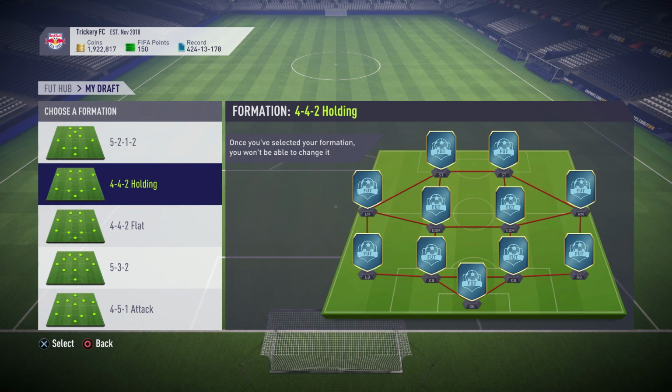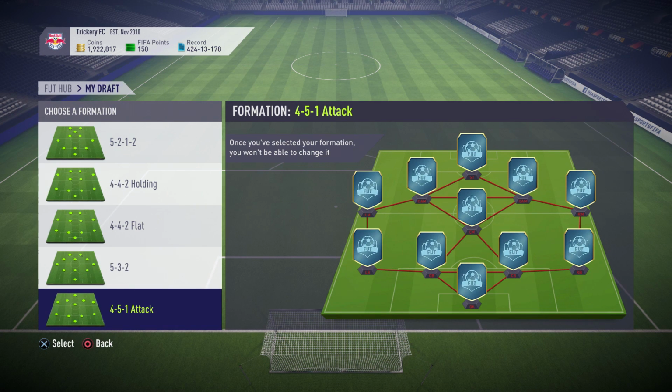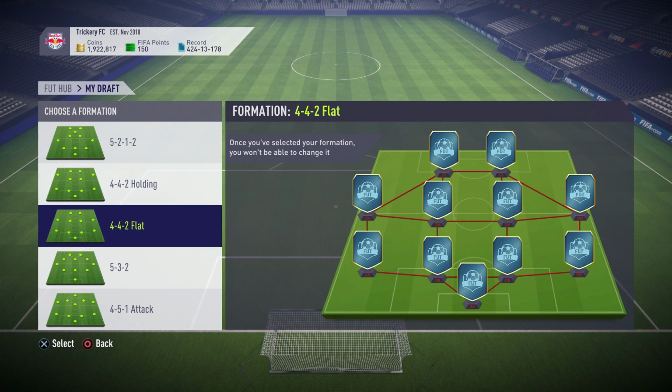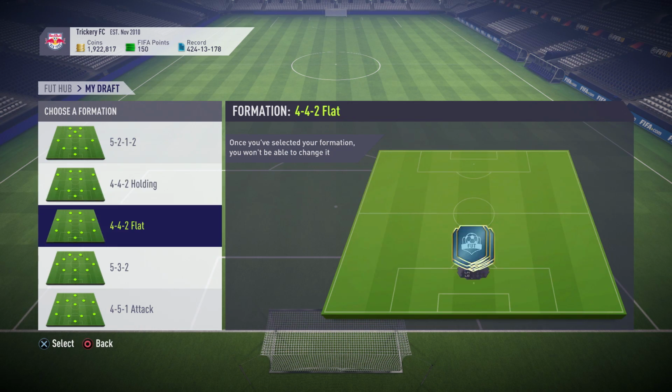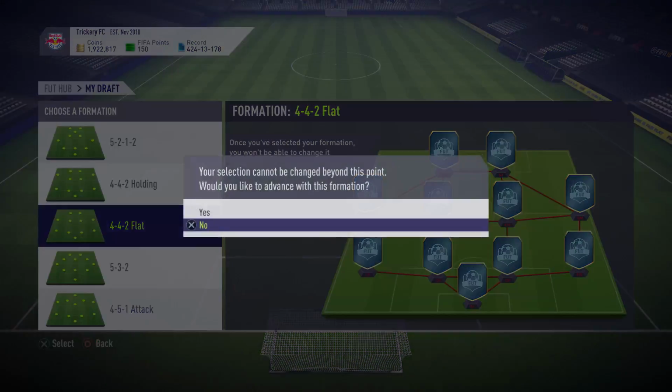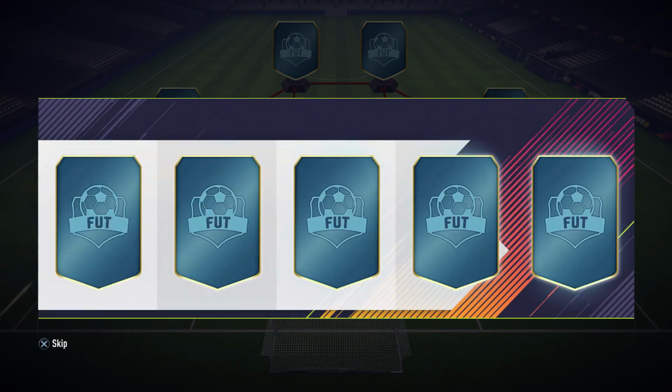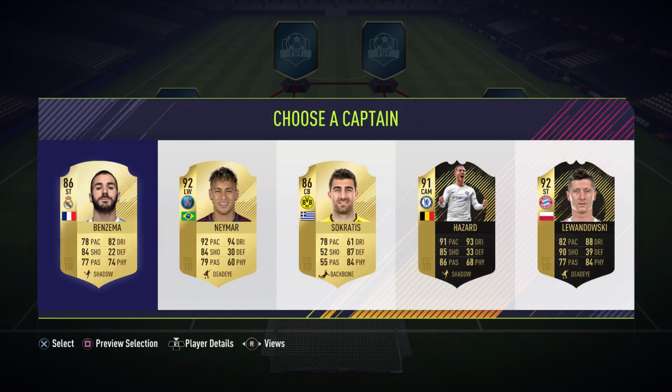And then this time around, when I looked at the formations, I was like, okay, let's not do something dumb. I was actually borderline tempted to choose a 5 at the back because I was so annoyed at how many goals I conceded. So this time around, I'm like, which one of these formations was I favoring the most? I do like to play with 2 strikers, so I was kind of stuck between holding and flat. I just decided to go with flat because that's a formation that I've used many times over the years, and